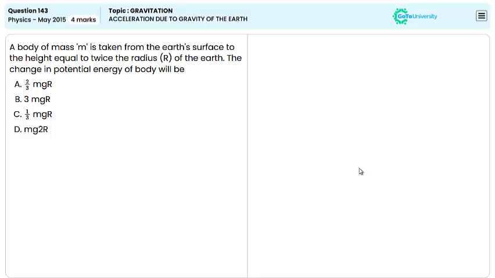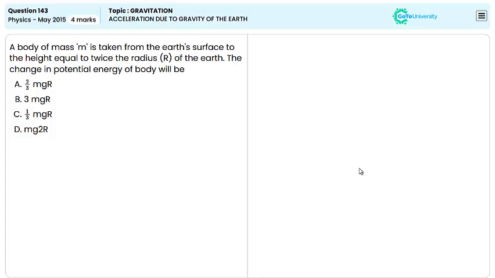A body of mass m is taken from the Earth's surface to a height equal to twice the radius of the Earth. What will be the change in potential energy of the body? In order to calculate the change in potential energy of a body, which is taken from the Earth's surface to a height equal to twice the Earth's radius, which means h is equal to 2r, we use the formula for